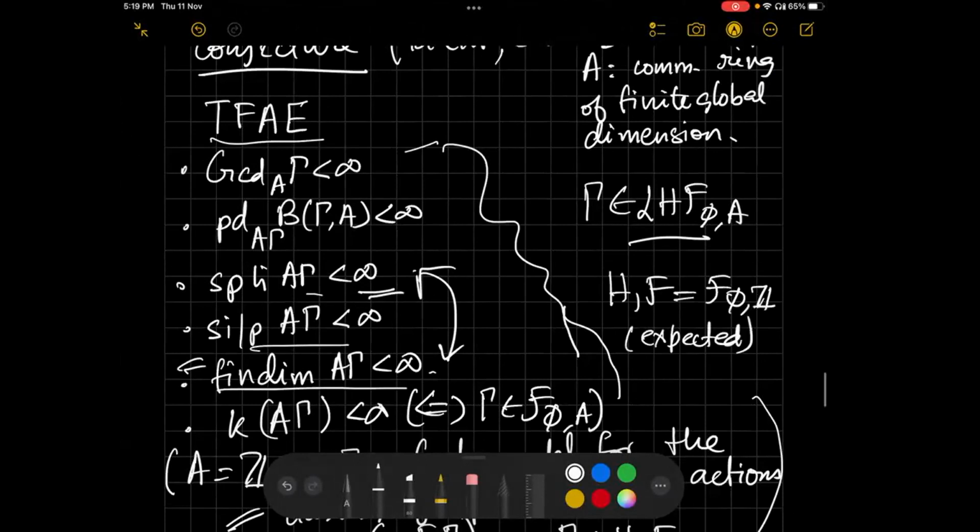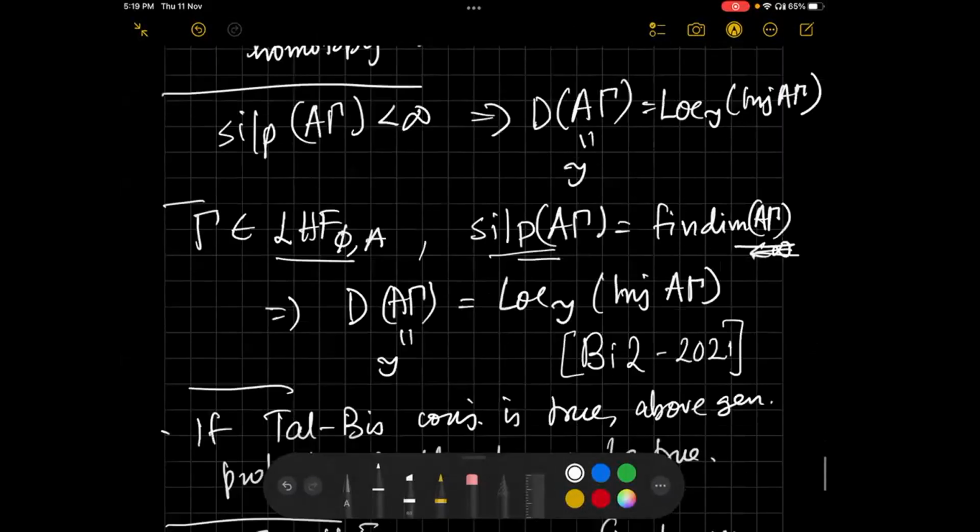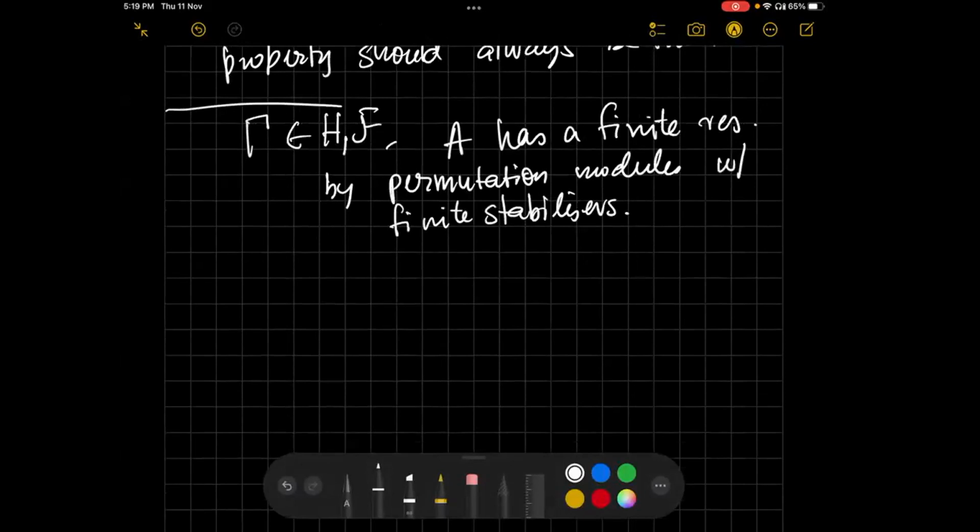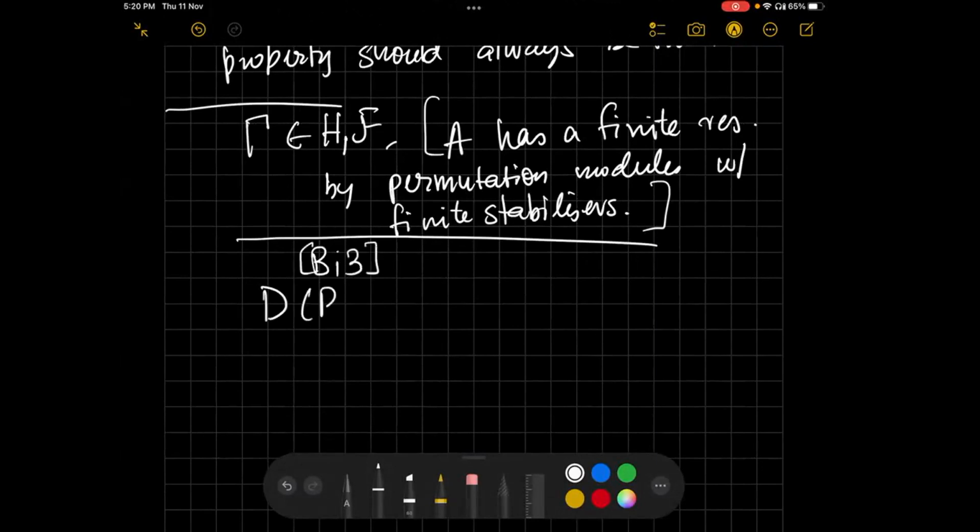So it is expected that H1F should be F phi Z, conjecturally. So in the final couple of minutes of this talk, I'm going to say the following: if in place of H1F we just have this definition, and similarly we build the whole hierarchy like this, it is very tempting to ask if all results that have been proved on the hierarchy can actually be proved for this algebraic hierarchy. And then it is tempting to ask if we can give a triangulated category theoretic description of it. One way to do that could be through derived generation, and this is in a third paper of mine, a separate paper. Okay, I'll end with this.